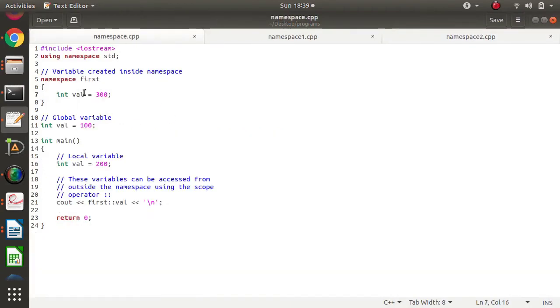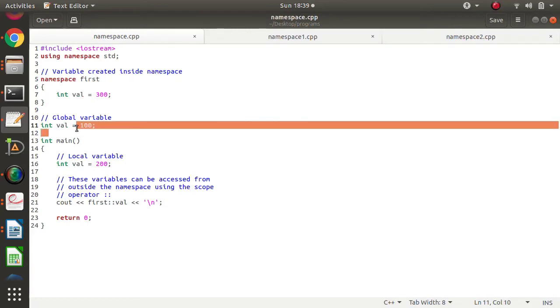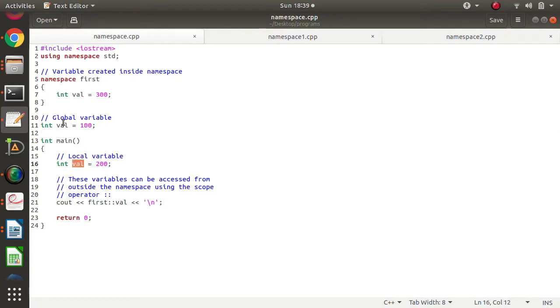So see, here in this code, we have defined this val variable. Here also we have defined it, and here also. Whenever there is a global variable and a local variable, preference is always given to the local variable.